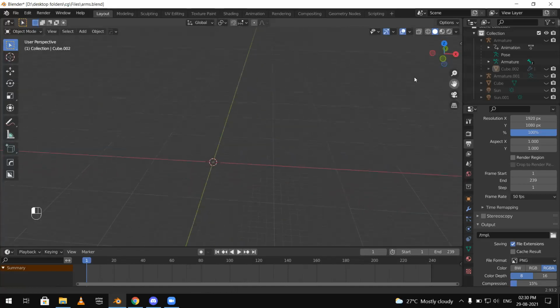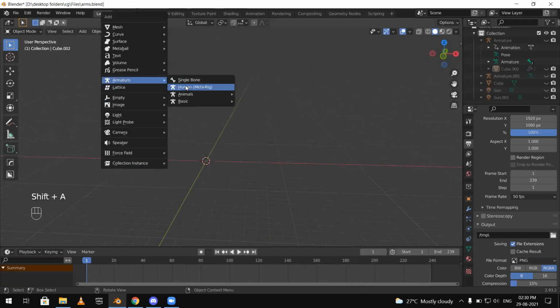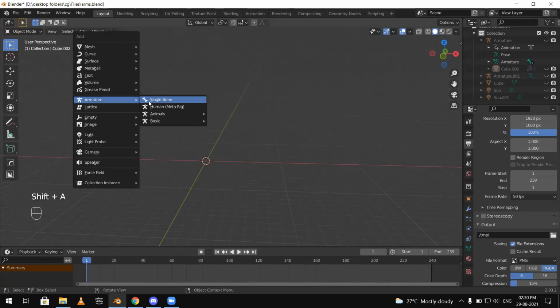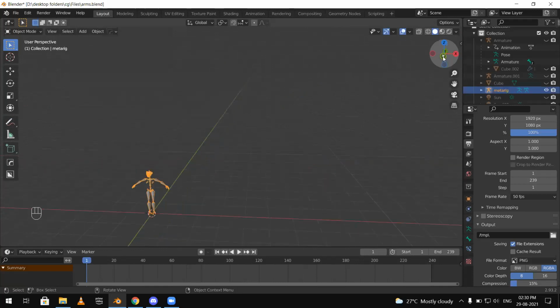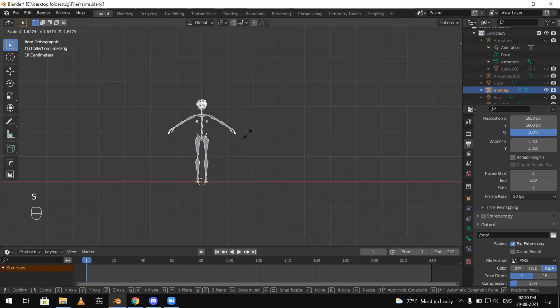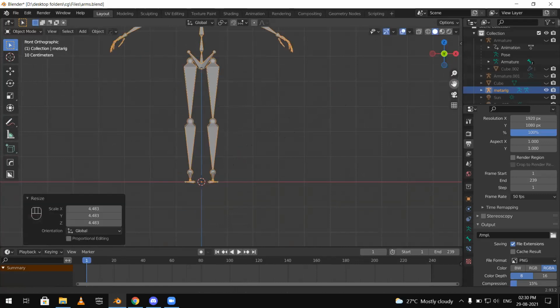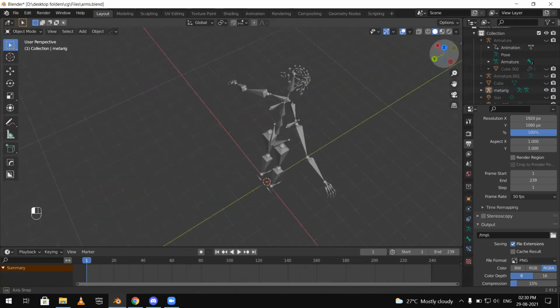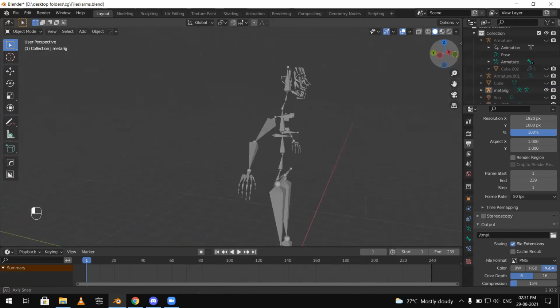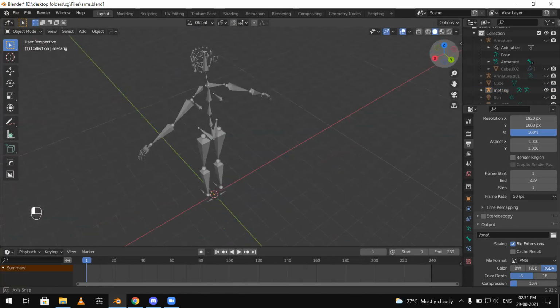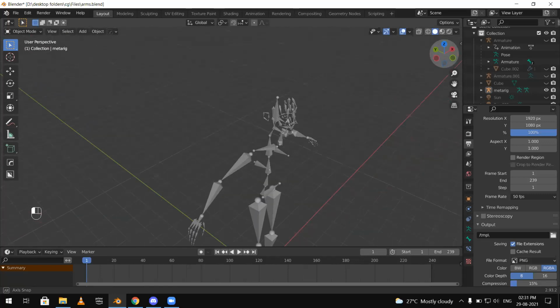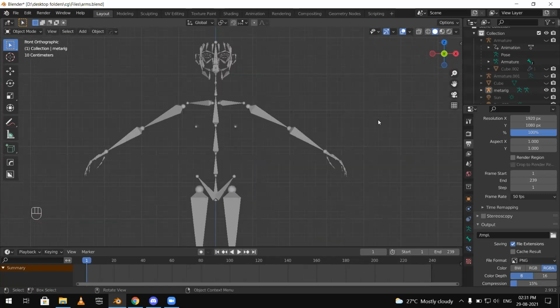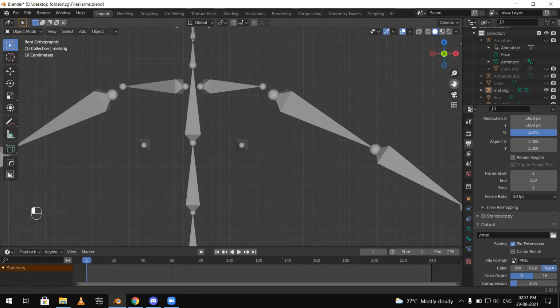Now suppose I want to make a human, like a basic human, not the fingers and all, just a human. Now humans, we have bones in every part of a body. So I'll select this, I'll press Shift plus A, single human meta rig. Let's scale this up a bit so that you can see it clearly. This is an armature of a human already pre-made for you, because rigging is a very strenuous process, and instead of wasting time on making each and every bone for every human being, Blender already gives you an add-on on which you can do that, and this is free to use, this add-on Rigify.